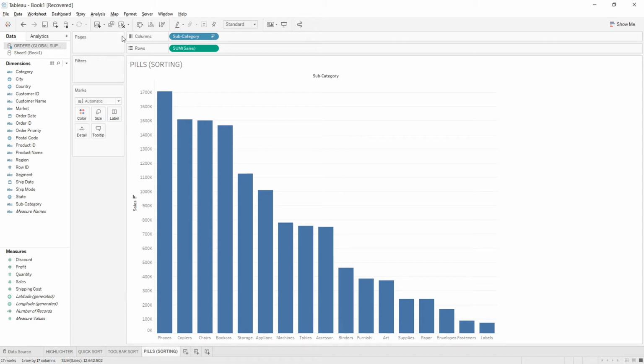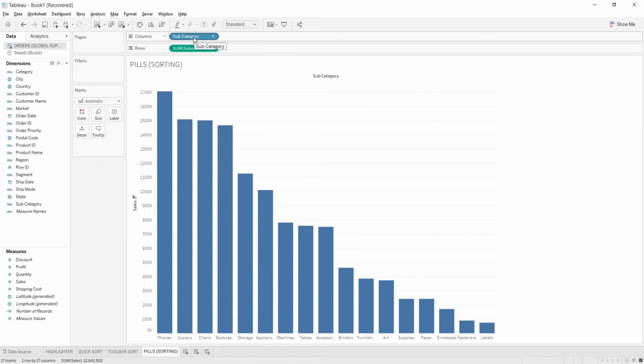After toolbar sorting, we are moving over to pill sorting. In Tableau, the attributes present in dimensions and measures, when kept over the rows and columns shelves, are called pills. Blue pills represent the dimensions and green pills represent the measures. Remember this: sorting will always be done on the dimensional attributes, or we can say sorting will always be done on the blue pills. But while implementing sorting, we can do this sorting on the behalf of any of the fields present in Tableau.